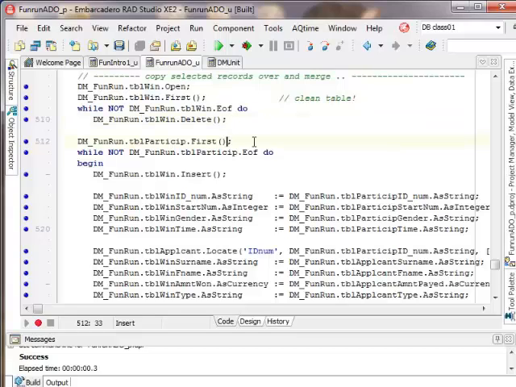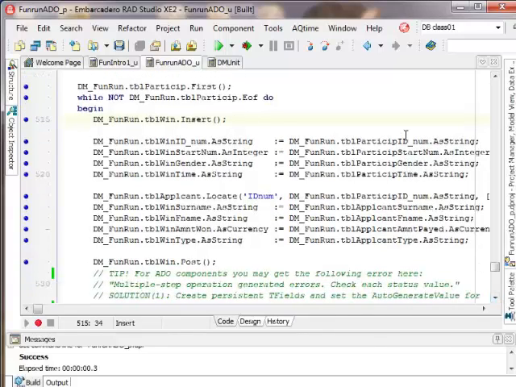Let's move on here for the participants table. We need to move back to the first record and then run through the participants, because inside the participants we've got the real identity, we've got the time, we've got age group, everything we actually need. Then we get the table winners ready for insertion. That means we're adding another record